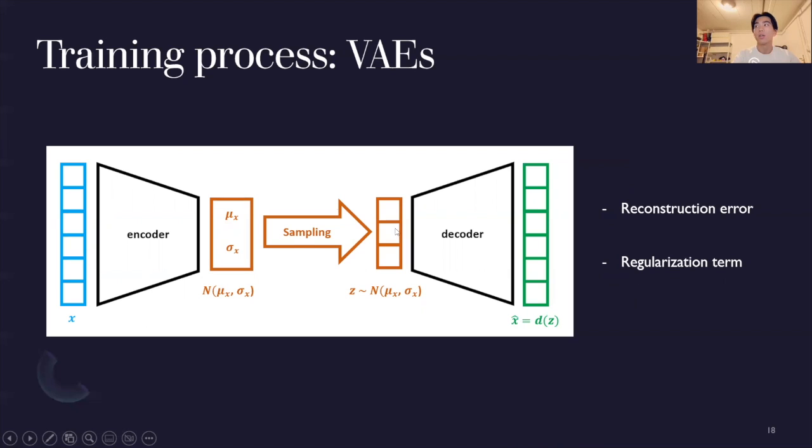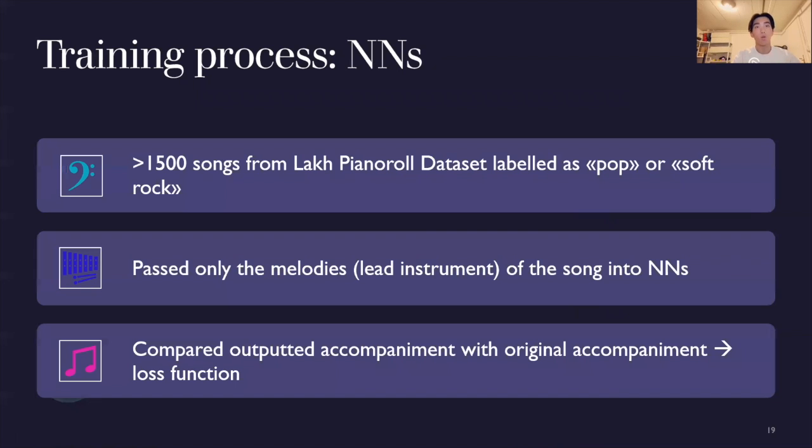So we ensured that each encoded vector, so our latent space, was close to a standard Gaussian, and that was to avoid some severe overfitting of our VAE. Then to train the neural networks, we selected over 1,500 songs from the LAC piano roll dataset. And these were labeled as pop or soft rock because we found that these were the most complete ones. And also we restricted the genre because we assumed that if the dataset was too diverse, then the neural network wouldn't be able to learn any common pattern or structure among the music. For example, if a model trained on both classical and metal music, then of course it would be hard to